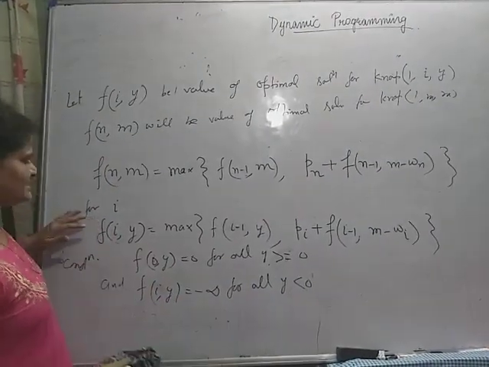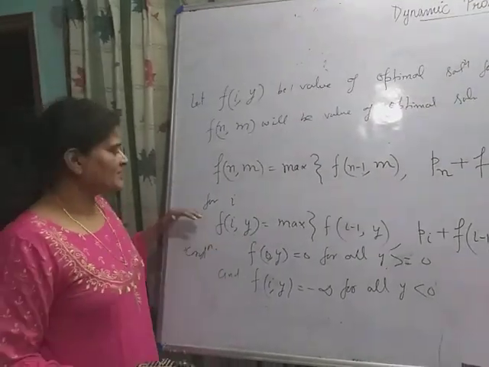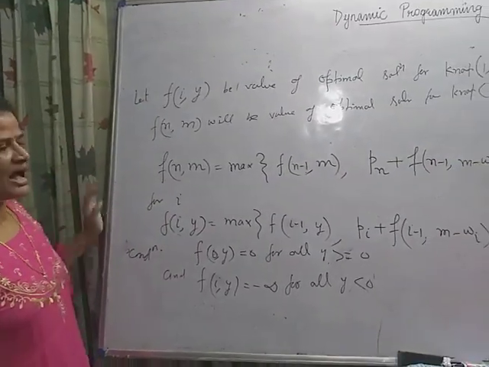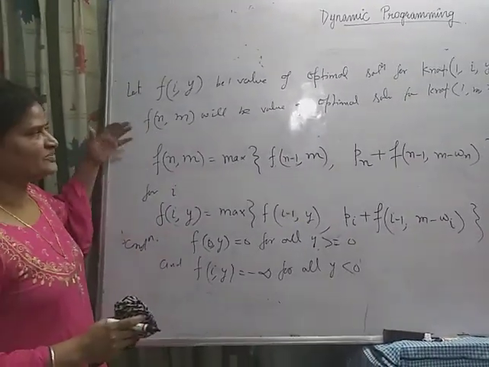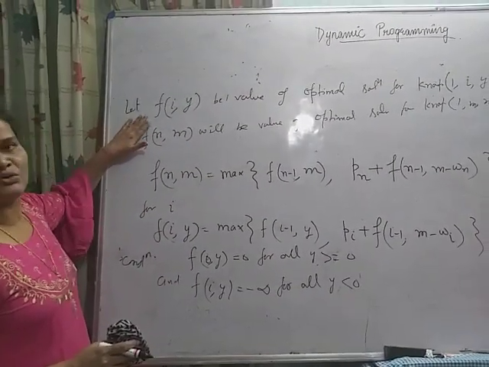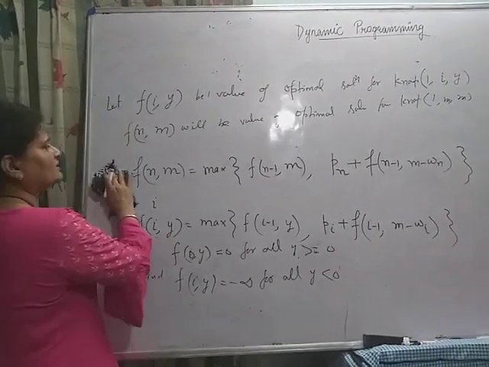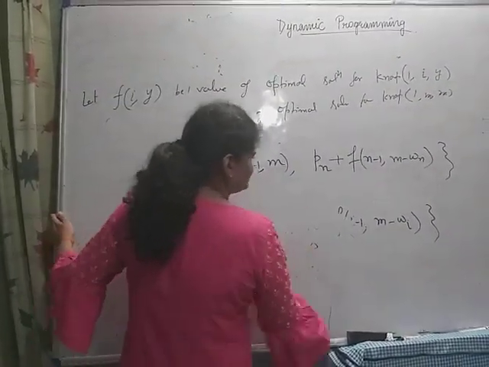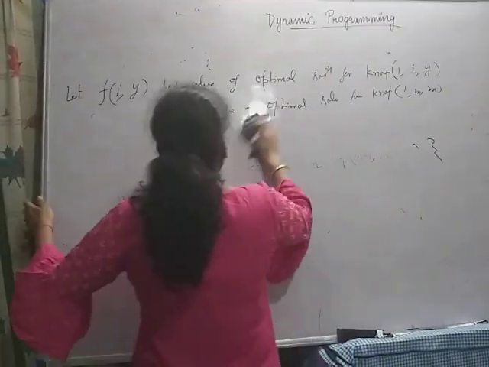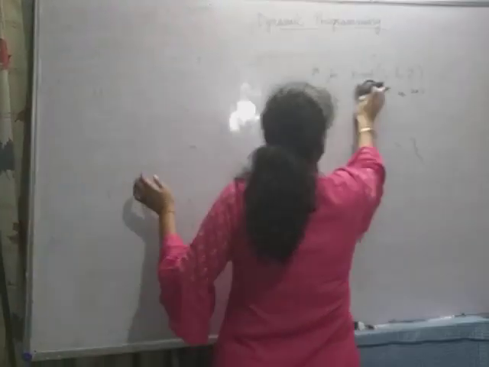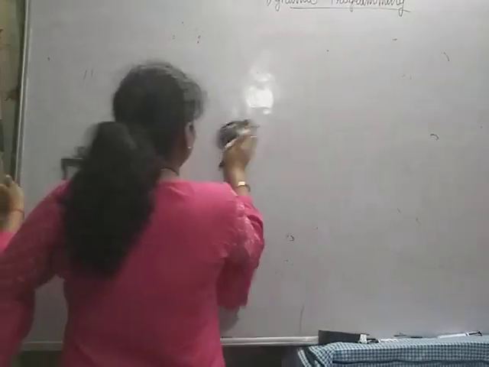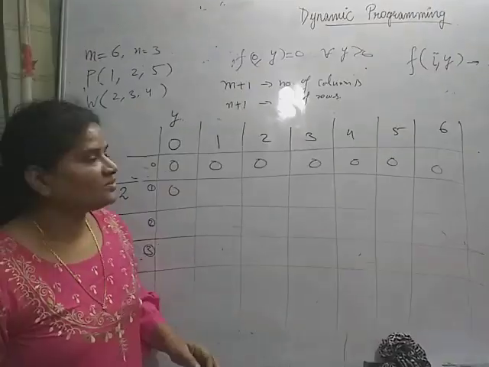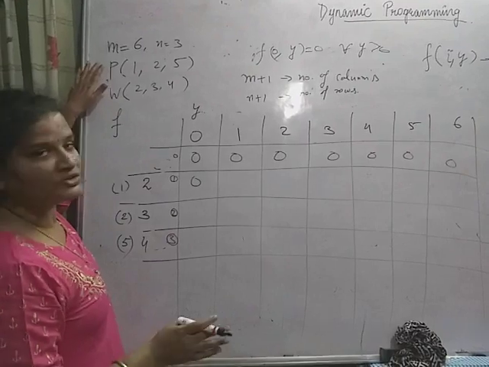Now there are two ways to solve the 0-1 knapsack problem: either solving this recurrence relation, or the tabular method by computing F i y. I am explaining how to compute F i y with the table using two examples. First I am taking a very simple example, and I will solve the 0-1 knapsack problem using dynamic programming.